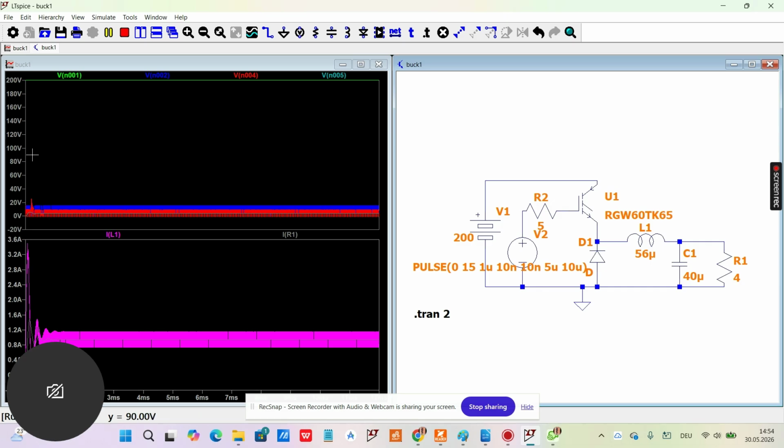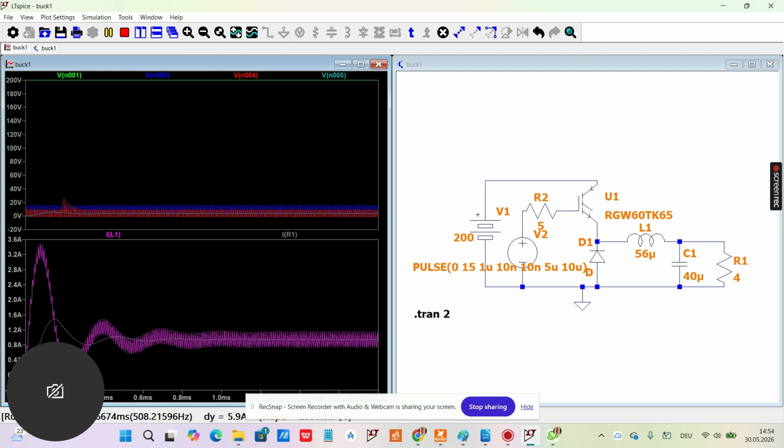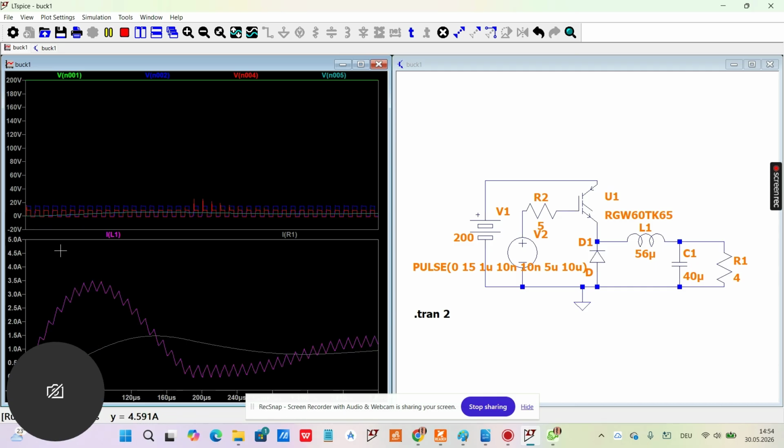So let's try to zoom and see how this looks like. Let's zoom further. We can really appreciate the voltage and the current. So you can see it right here. This is the output current. This is the current through the inductor, that looks like a sawtooth. And then when you zoom further here,